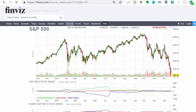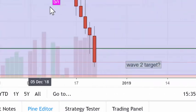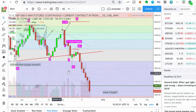So if you look at that wave two, I'll zoom in here. That first week it looked like we were on our way down, right, at 2590, but then it bounced up from 2590 all the way to 2670. Now, is this pattern still valid? Well, it turns out